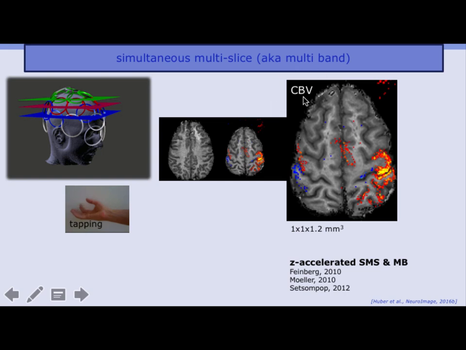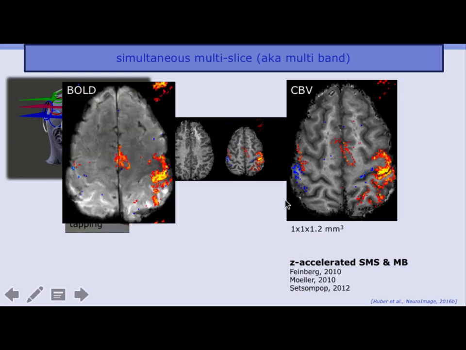So here, for example, for a finger tapping blood volume method, you can already nicely separate motor from sensory cortex at about 1 millimeter resolution, while BOLD just starts to separate the two sides at this resolution. It's more blobby. I personally found it very, very challenging to go much further than 1 millimeter with this kind of multi-band SMS